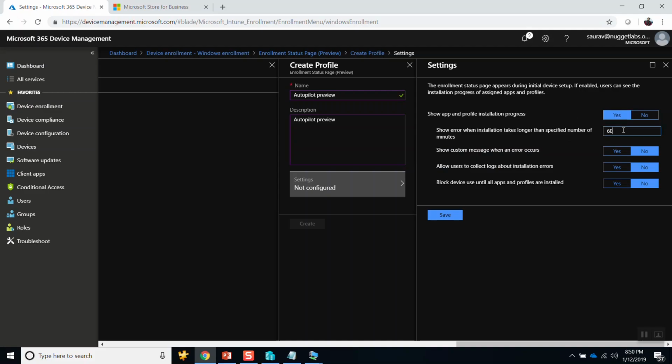This is the timeout for which the enrollment status page is going to run, after which it's going to show an error if the app installation is not completed. So for example, if I'm installing Office Suite and if I give 15 minutes, obviously Office might not get installed in that time and it might run out of time. Therefore, please make sure that if you're deploying a lot of applications, the time over here is appropriate. So I'm going to do 120 minutes over here